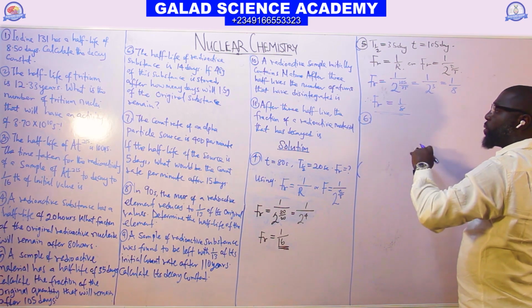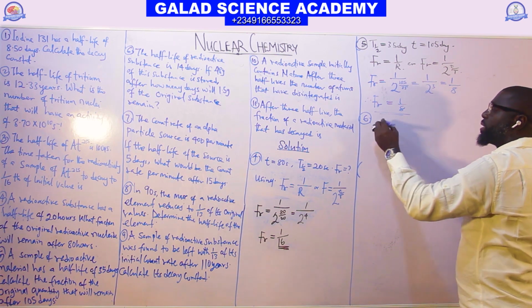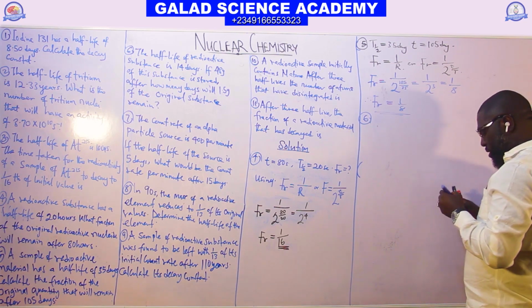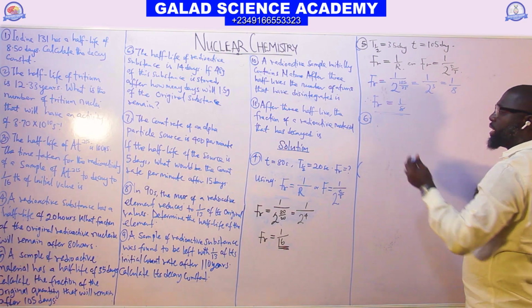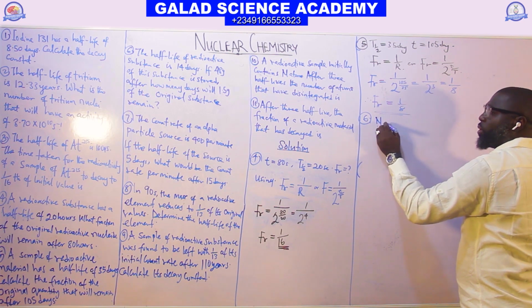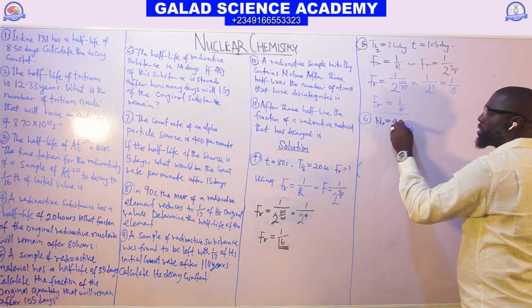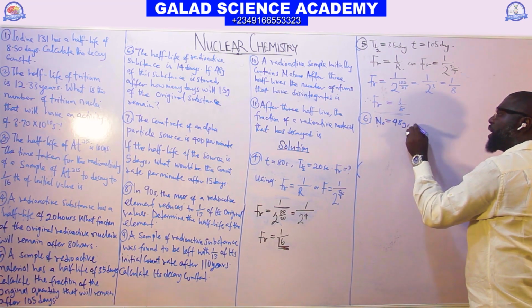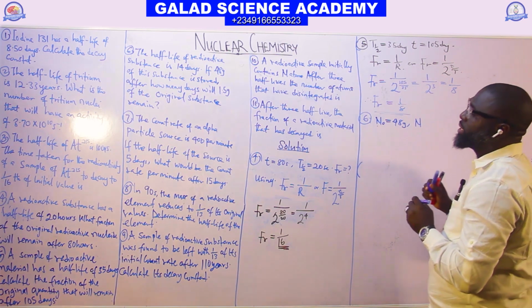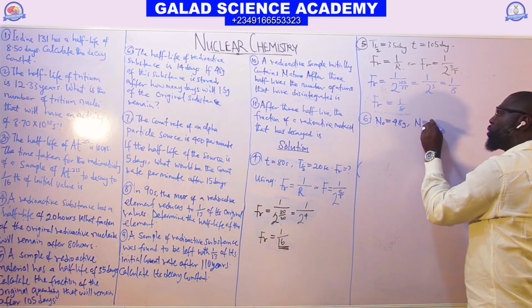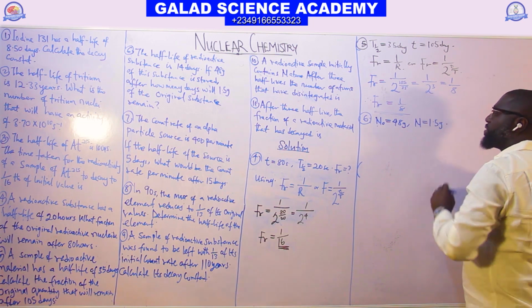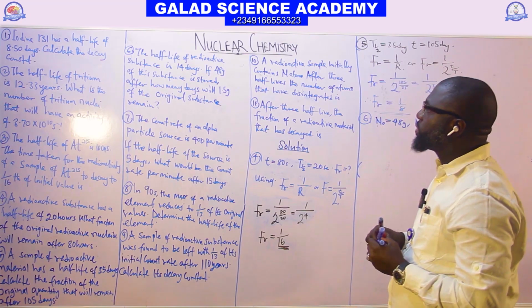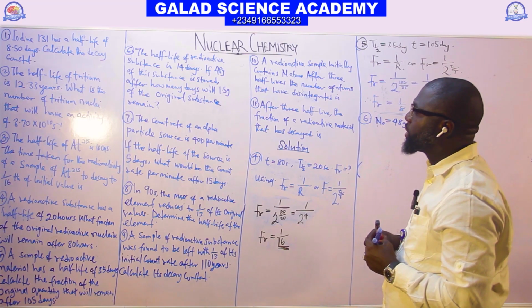You can now say what? The distribution ratio R. Given that our N naught is 48 gram, and the normal N is 1.5 gram, the one that is removed is just